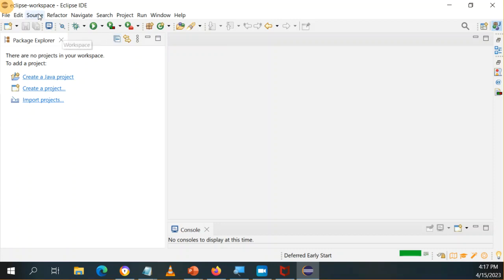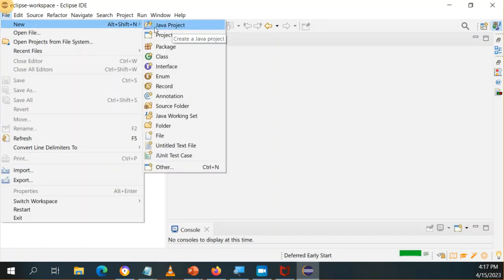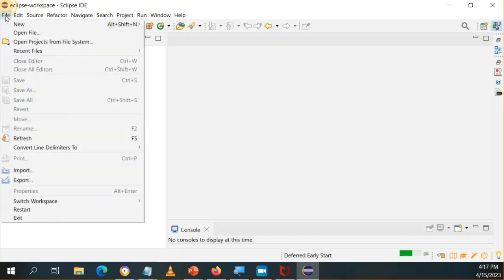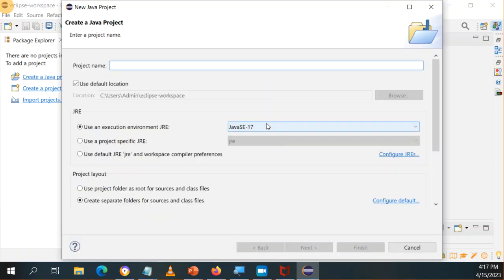So I'm going to come to my file menu, new, not project, but Java project. If you say project, it brings a wizard, which again may have other things. So it's better to say new Java project. Okay? And just for the sake of this, I'm starting at around 4:15. So I'm starting now. So project name, I'm going to call